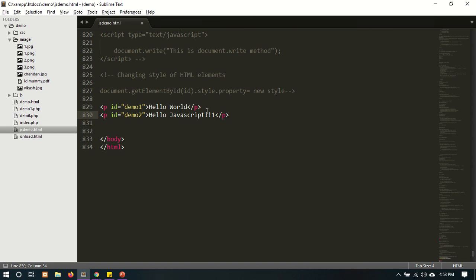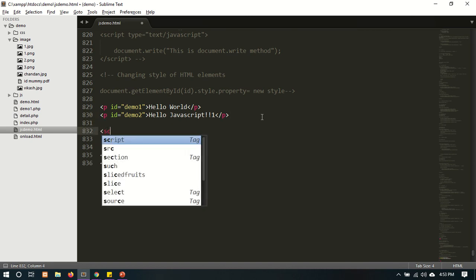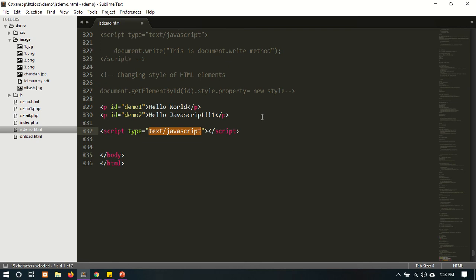Okay, next start the script tag. Inside the script tag we have to change the style of the